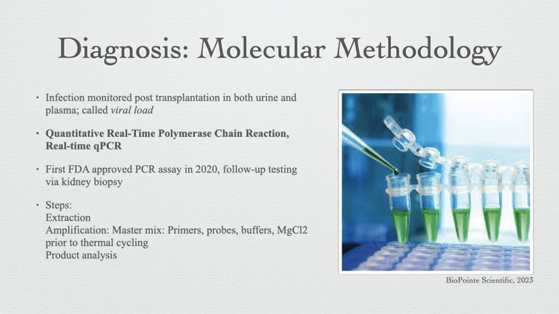I will now go over the steps for this chemical reaction quickly. As with the majority of PCR, there are 3 basic steps. These include extraction, amplification, and product analysis. Once the nucleic acid has been purified, these extracts are placed inside PCR reaction tubes, shown on the right, along with its master mix. The components of the master mix, such as primers and probes, along with buffers, are specific